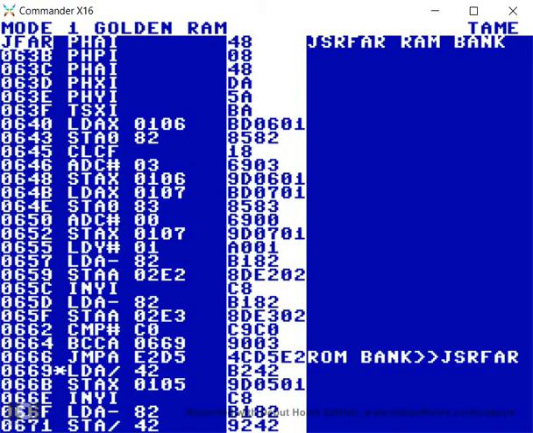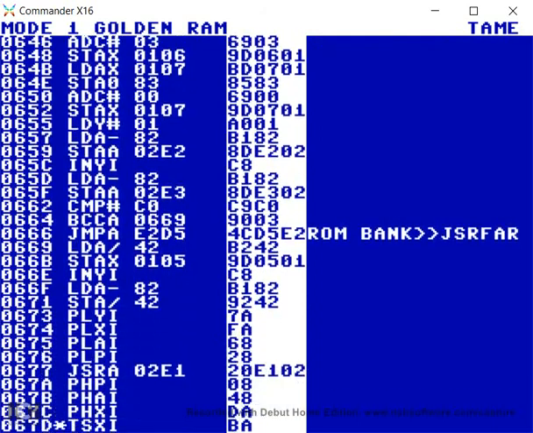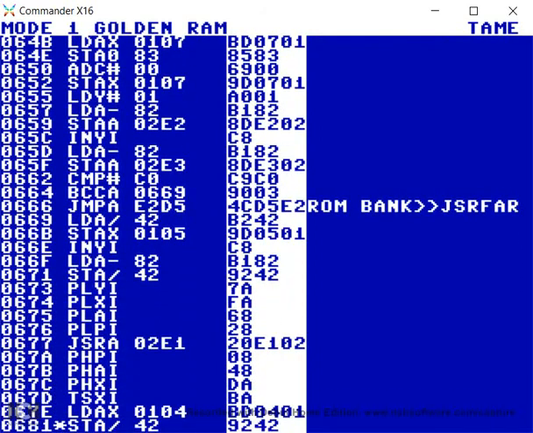I've replaced the RAM bank pointer. I've actually put this into zero page at 42 and 43, so that's hence all of this: load A, zero page indirect 42; store, zero page indirect 42. That's the RAM bank pointer. So it does exactly the same thing, but at this point, then it